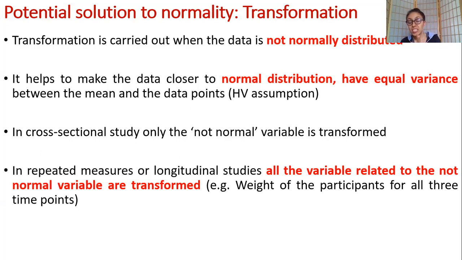Because this has mathematical connotations as to why, if you choose to transform one variable, all variables associated with this variable at time points 3, 6, and 8 should be transformed. So it has mathematical connotations. I won't go into that because that's a pure mathematical class. But this is just for you to remember: when you do transformations for repeated measures, you transform all of the variables in that one sector.